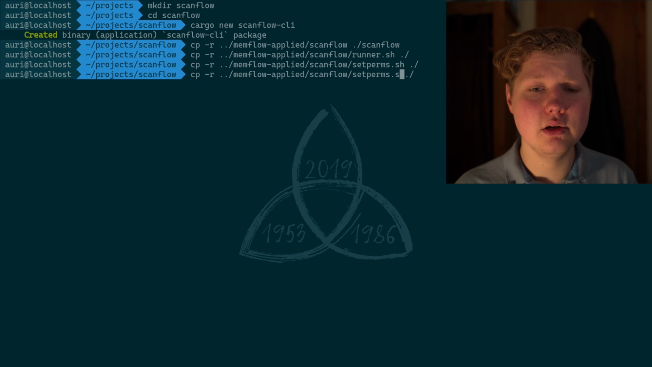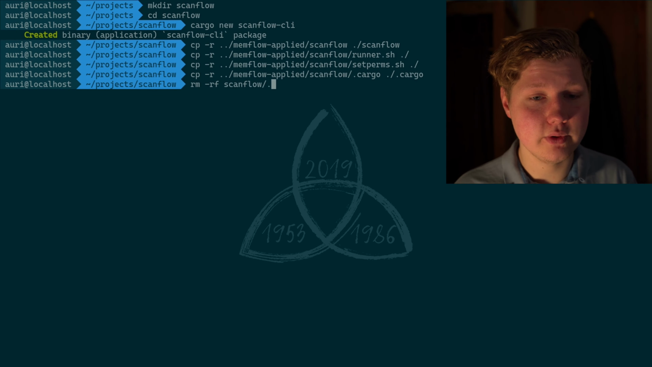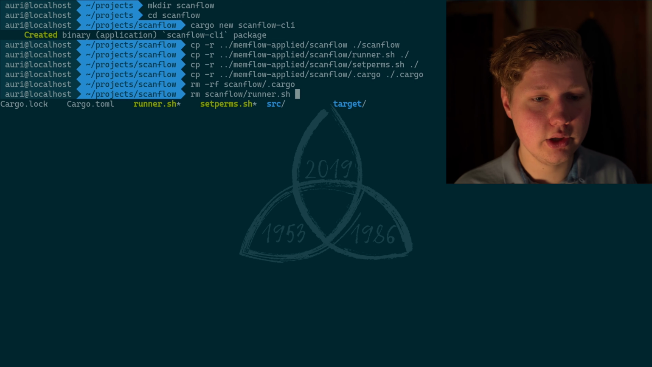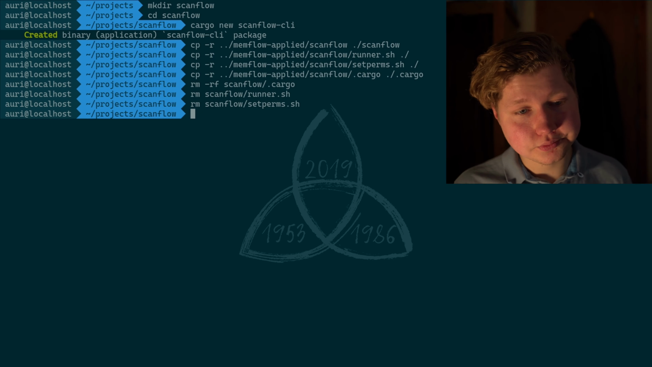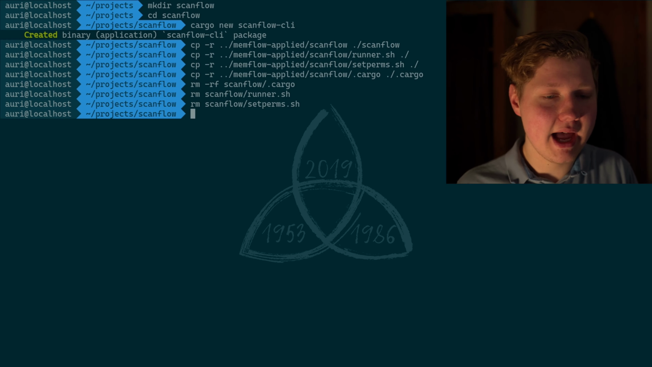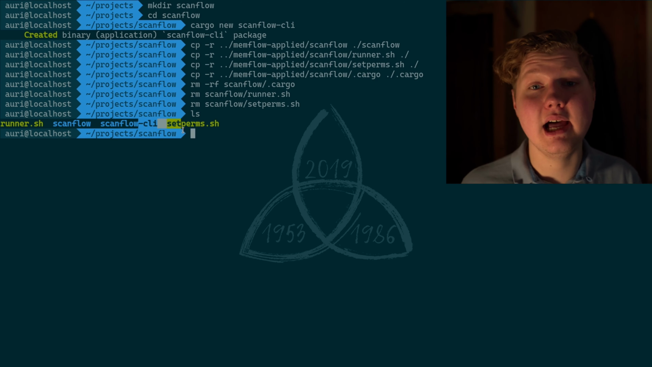and scanflow.cargo to be in .cargo. And we will remove them from the scanflow subdirectory. It will be runner and set perms. They are gone. So, once we have that, we should have this structure where we have scanflow, scanflow-cli, and the